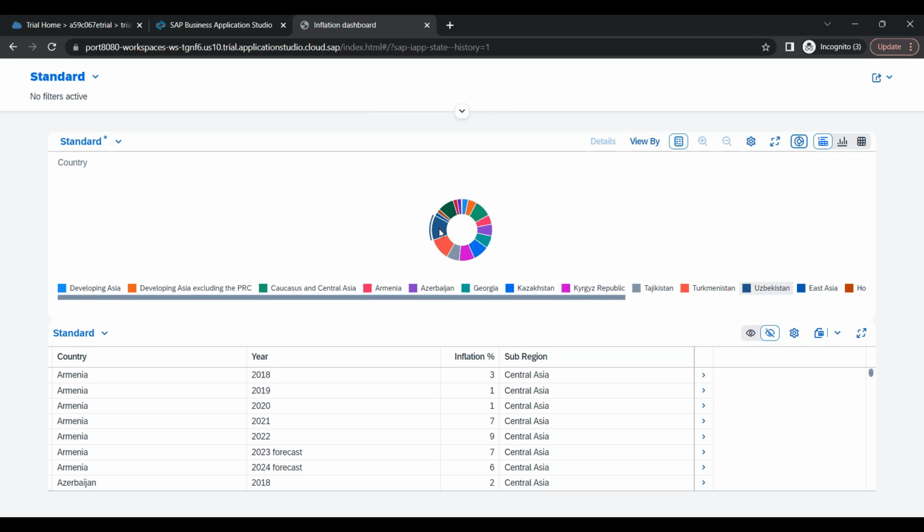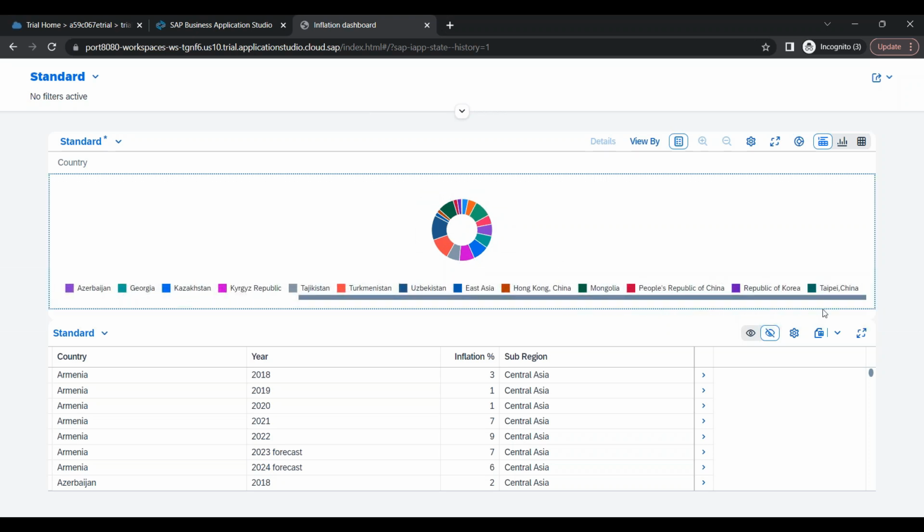So I can notice the highest inflation is in Uzbekistan. Then we have Turkmenistan, then other countries. I would like to now filter the data based on a click. So basically this is called slicing and dicing. So if I'm interested to look at the total inflation year on year in Georgia, I can click